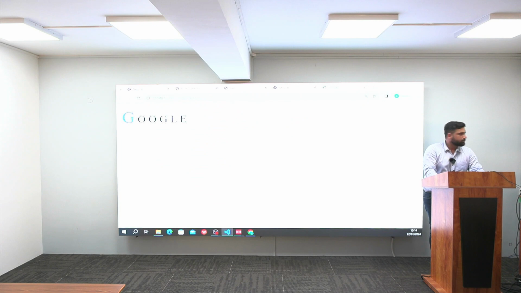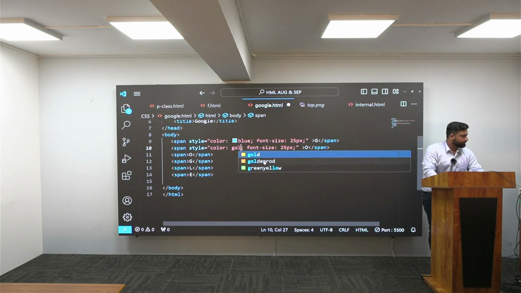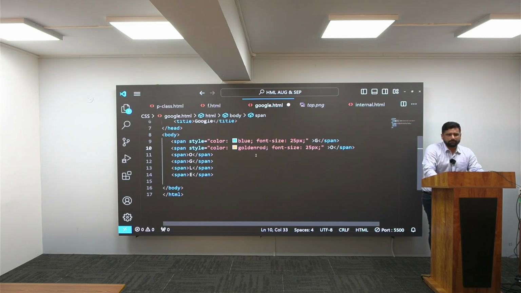Orange. So it is something like goldenrod. What is it after blue? It's red, right? Please let me know the correct color.